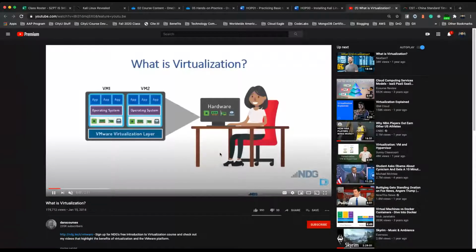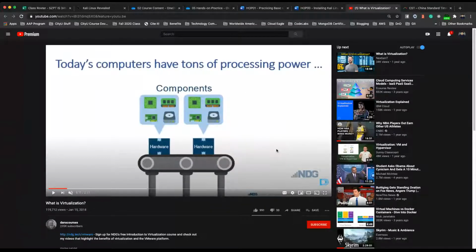I'll just show you some pictures, right? You have one hardware and your VMware virtualization layer, which in our case is VirtualBox. Now we can add as many operating systems as we want, as long as your hardware or host operating system has that capacity, right?